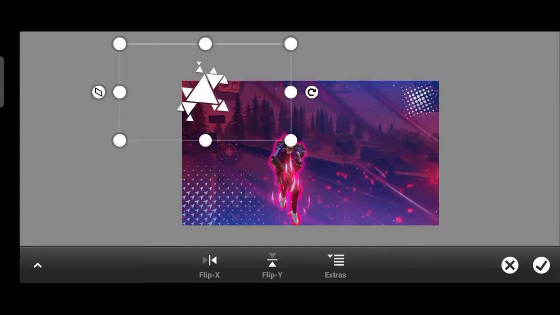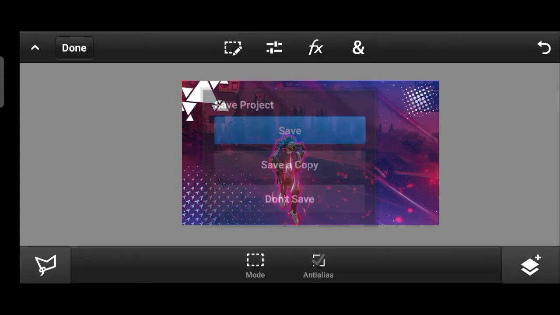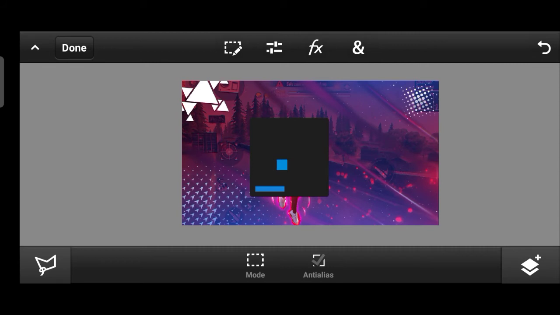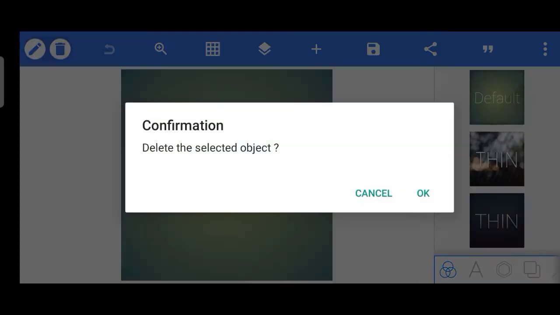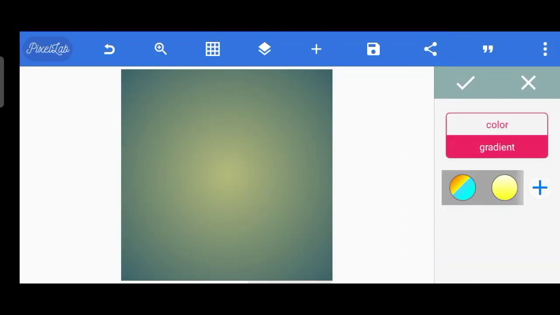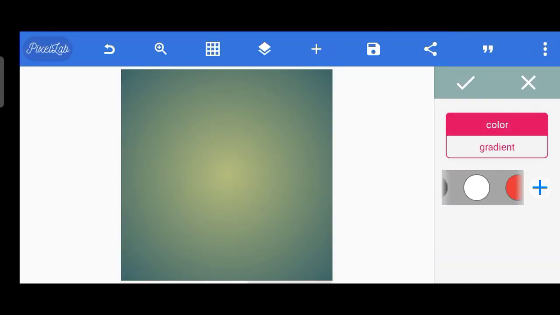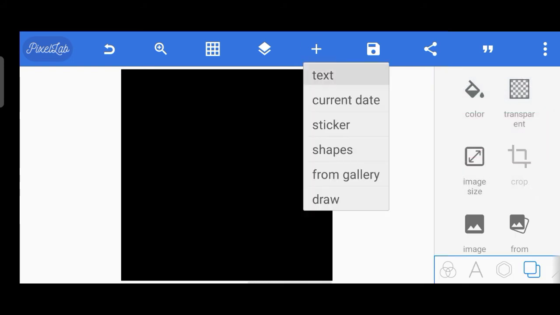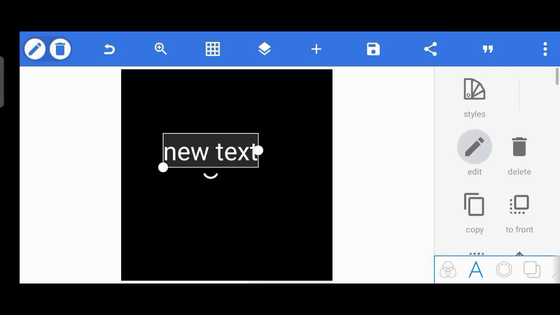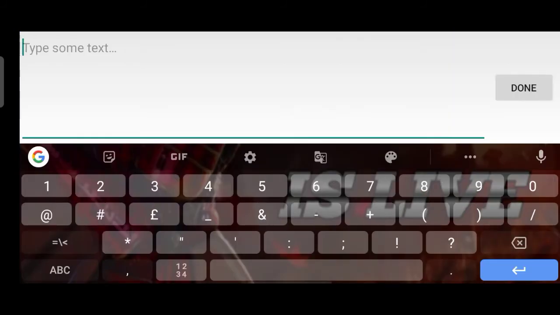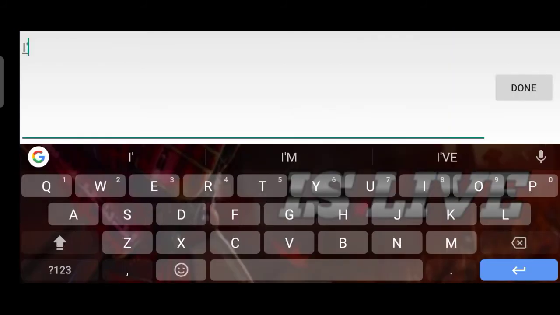And I'll be taking this PNG, so now our thumbnail looks quite decent. Next, let us jump into PixelLab. You're going to click on the layer section, select black color and click on the text option, and I'm going to write unstoppable.